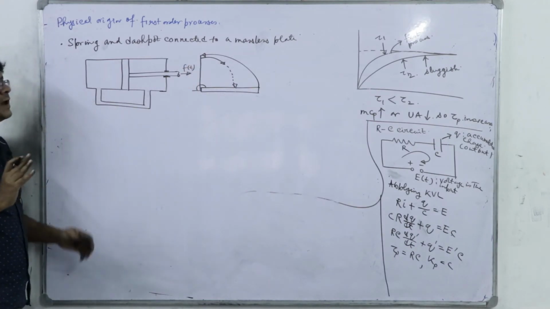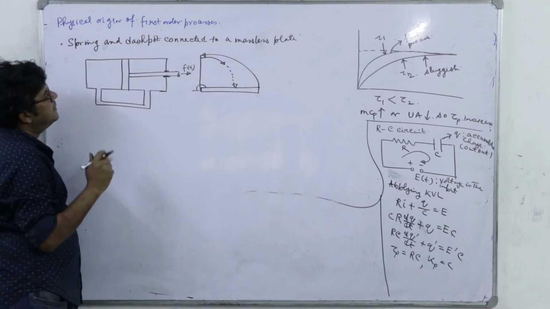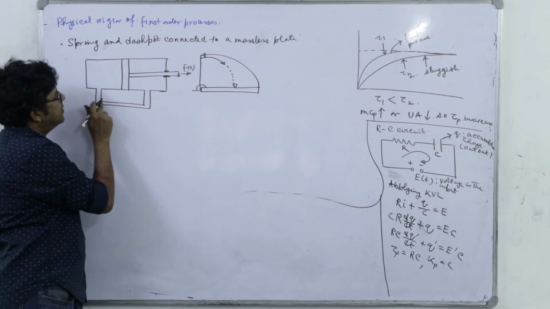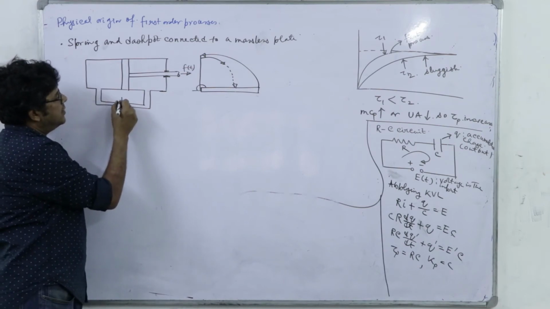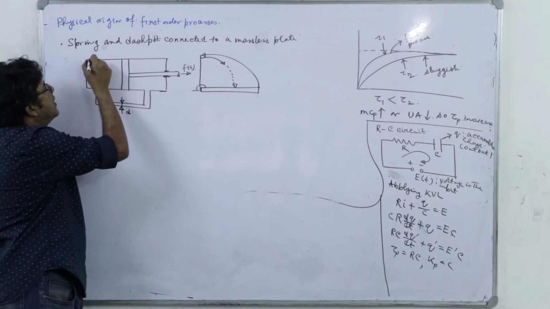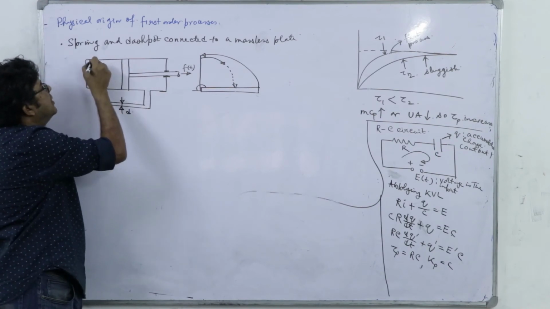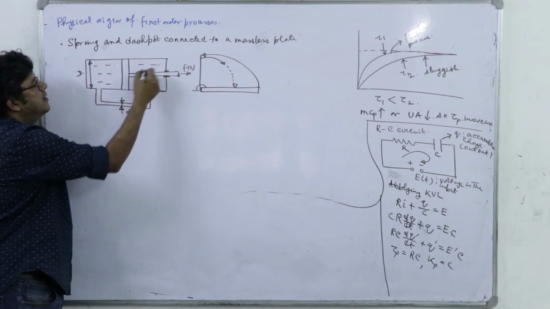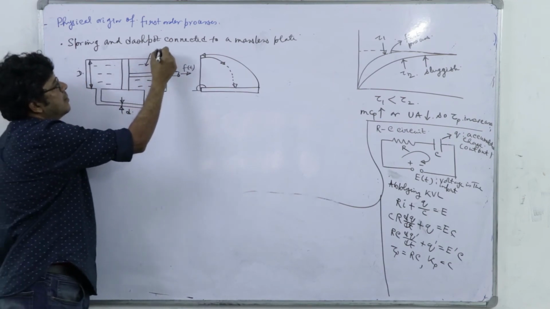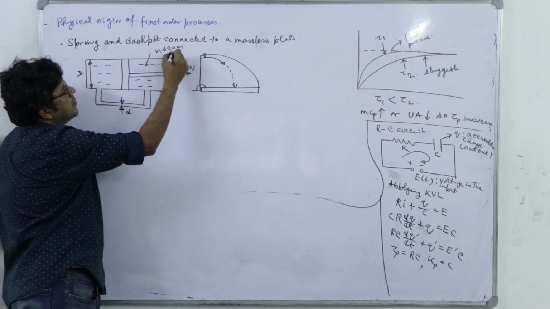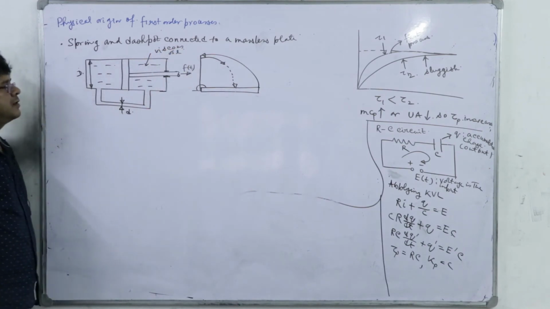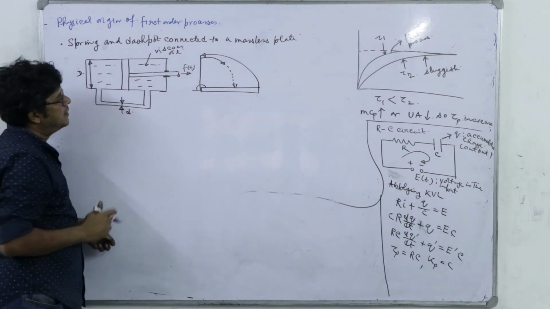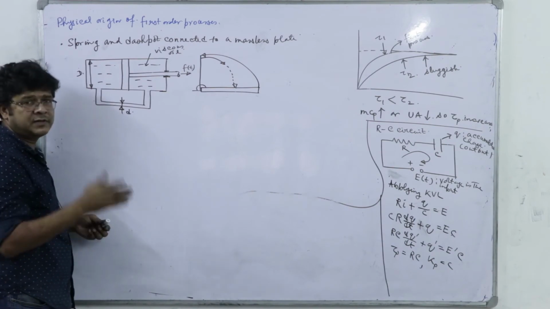A cylinder is divided into two parts and there is a capillary here, its diameter is small d and the diameter of this cylinder is capital D, and this space is filled with a viscous oil. Now when we apply a force on this piston, the dividing piston,